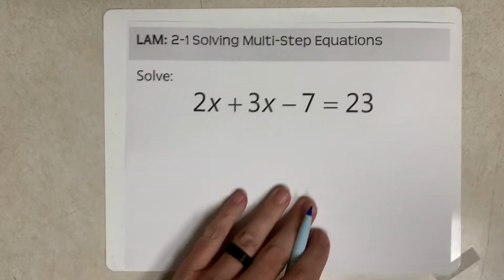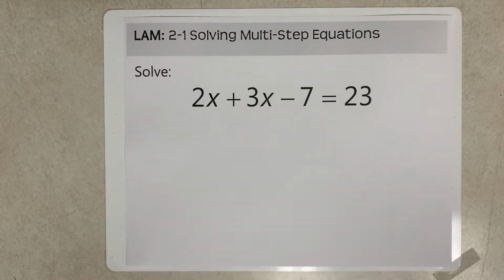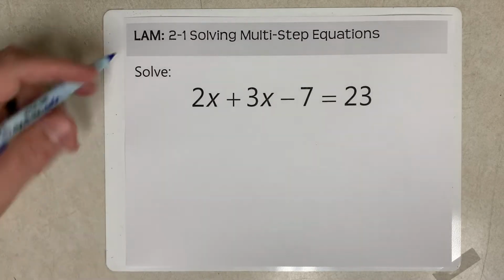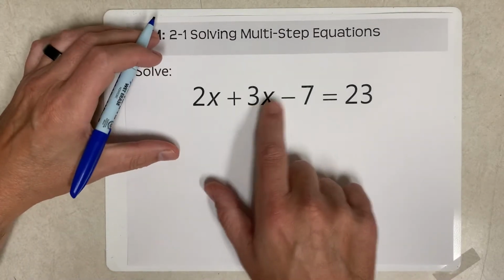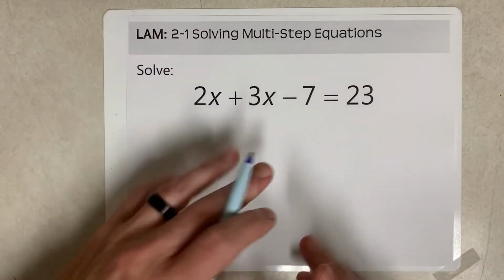Now let's get into some multi-steps. Multi-step equations with variables on one side only. Next time they'll be on both sides, but this time they're on one side. So you have 2x plus 3x minus 7 is equal to 23. And so what you have to do first on these is you have to clean them up before you can